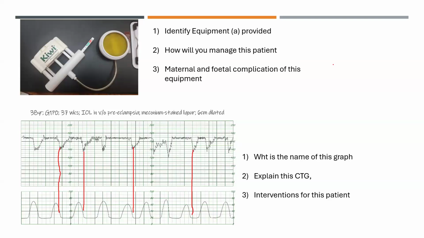Overall, what is the impression of this CTG? Is this a category 1, category 2, category 3? We have a category 3 patient that requires immediate intervention. Do you think now in interventions of this patient, do we think that we're going to wait for another hour or 2 for her to deliver this baby via SVD?